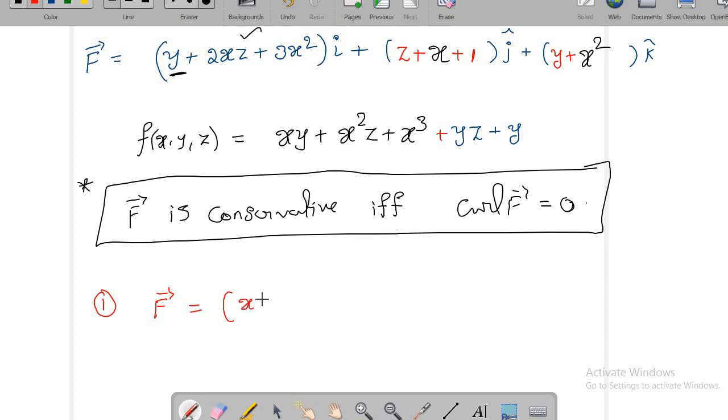I'll give you xy plus 2xy plus y plus z plus 5x into i, plus here I give you x square plus x plus 1 into j, plus here I'll take z plus y plus